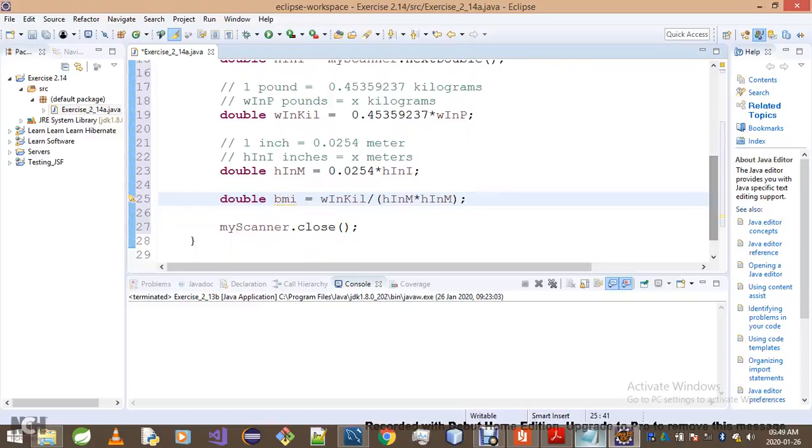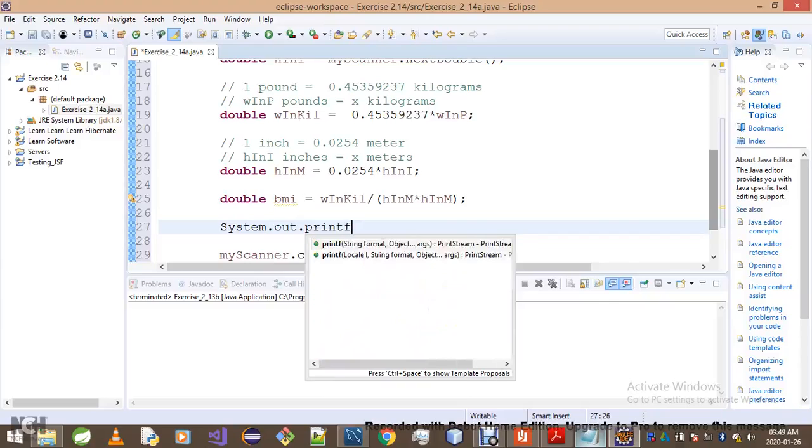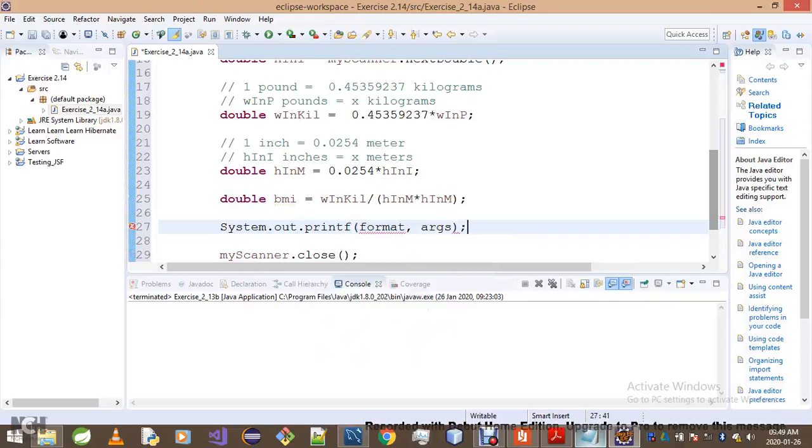Seems like we're done now with our BMI. What you want to do now is to simply print it out by using what we've been using for quite some time now, which is nothing else but printf. So the BMI is,